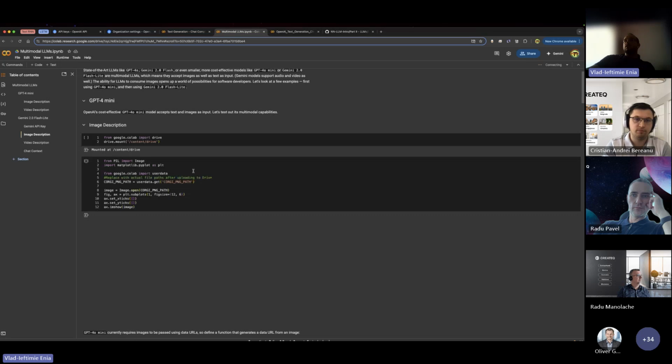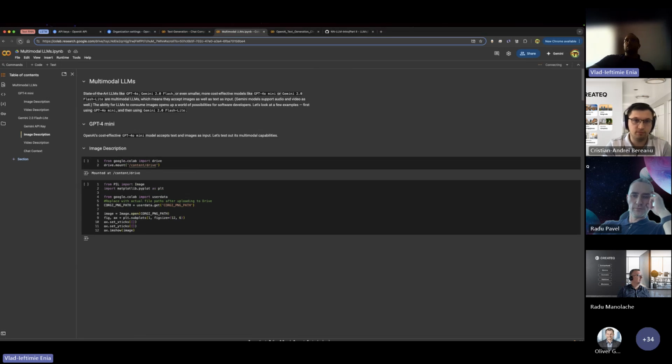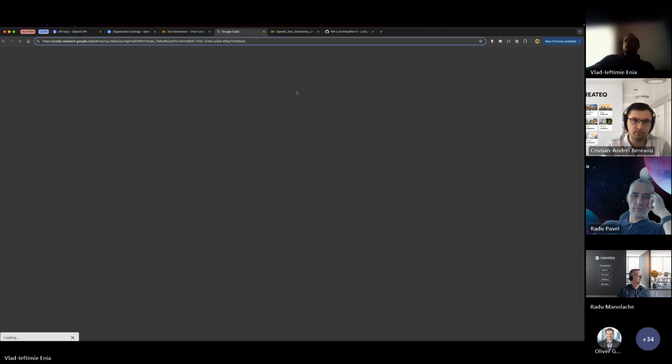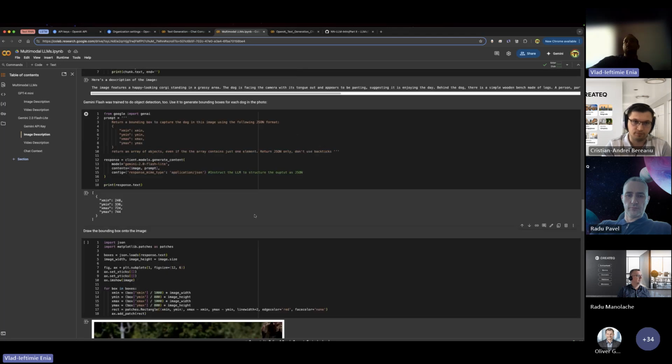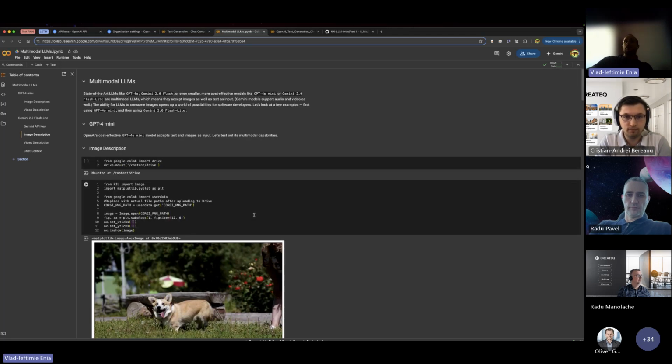Okay, so the next demo is about multimodal LLMs, which take and process other types of inputs like images. In the case of Google Gemini, they can also take videos and audio. Now, just like the state-of-the-art LLMs, the smaller ones also have a possibility to process images. And we will use the smaller LLMs because they are enough for these notebooks.